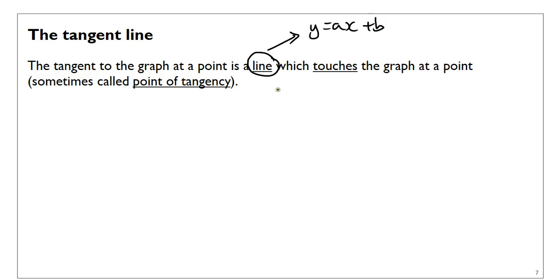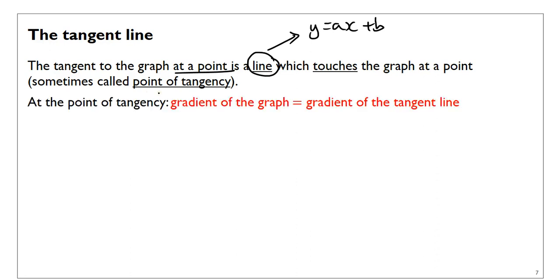And you can use this as a definition of what a tangent is. The tangent to the graph at a point is important. It's a line which touches the graph at that point, and that point is sometimes called the point of tangency. So at the point of tangency, the gradient of the graph equals the gradient of the tangent. The graph is not the tangent, they are two different curves, if you will, but they have the same gradient